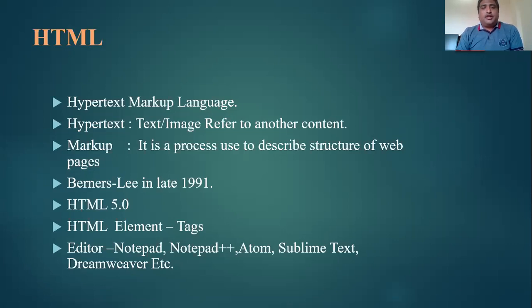Next one is HTML elements. In HTML programming, we are using HTML elements that are nothing but the tags. Tags are of two types. First one is predefined tag, and second one is user-defined tag. HTML uses predefined tags, where tags are already defined in meaning. For example, p for paragraph, b for bold, i for italic, etc. And user-defined tags mean these are defined by the user for their convenience. They are mostly used in XML programming language.